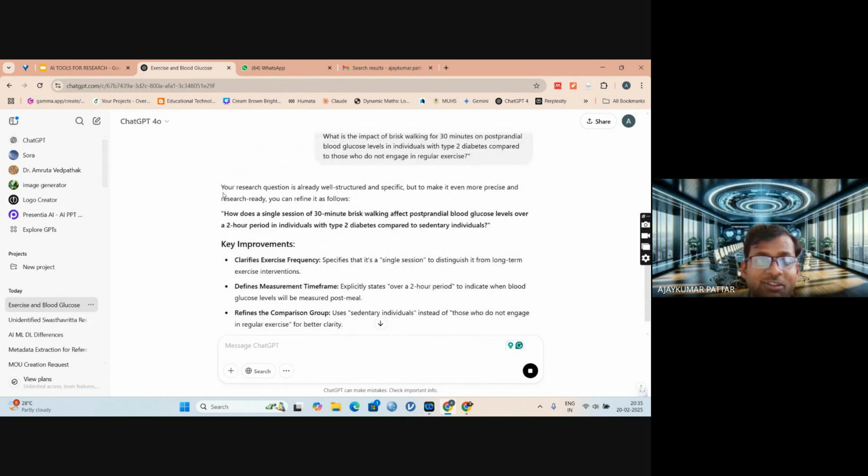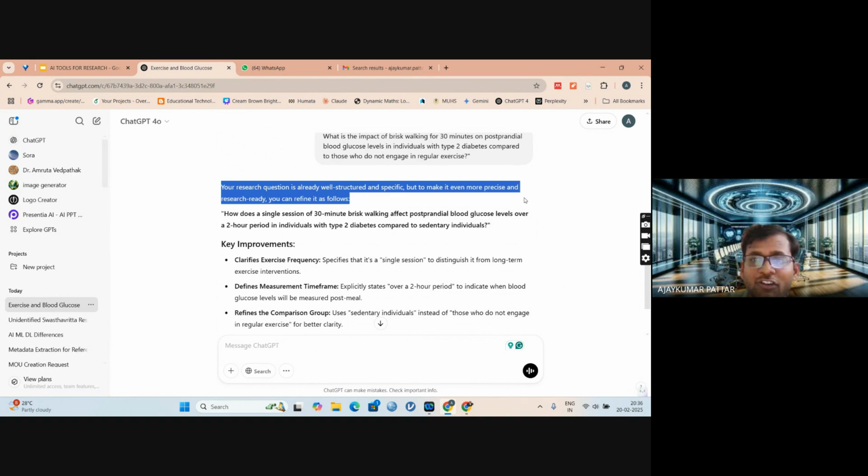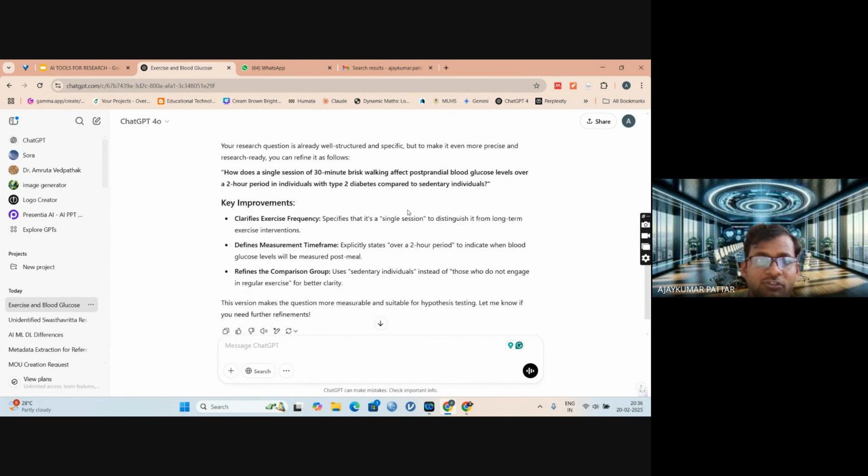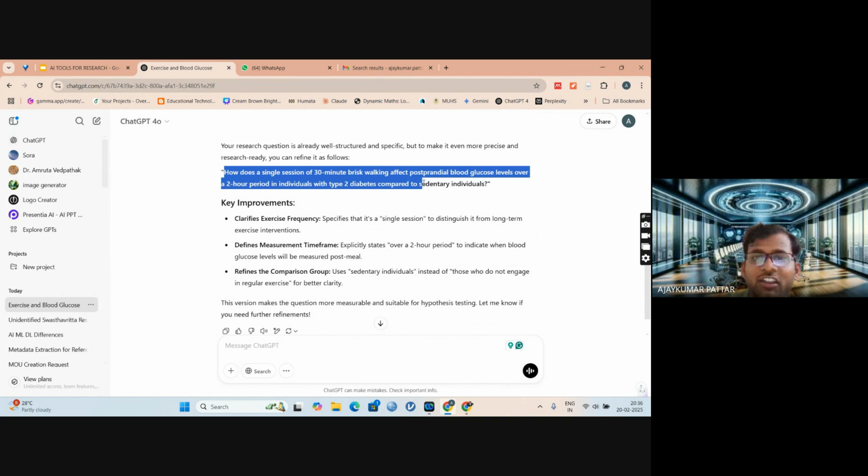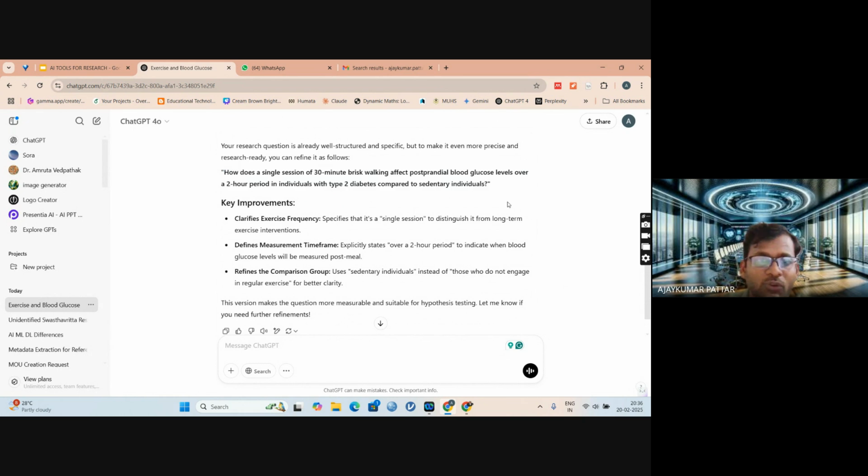So that's why ChatGPT is telling me your research question is already well structured and specific, but to make it even more precise and research ready, you can refine it as follows. See here, it is adding: how does a single session of 30 minutes brisk walking affect postprandial blood glucose level over a 2 hour period in individuals with type 2 diabetes compared to sedentary individuals.